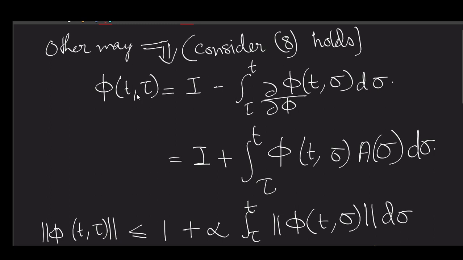So consider 8 holds. Now if from that we can show that phi t comma tau is equal to I minus this one, then again this can be represented like I plus phi t comma sigma A sigma d sigma. From where this A sigma is coming, that if you do this, sorry,